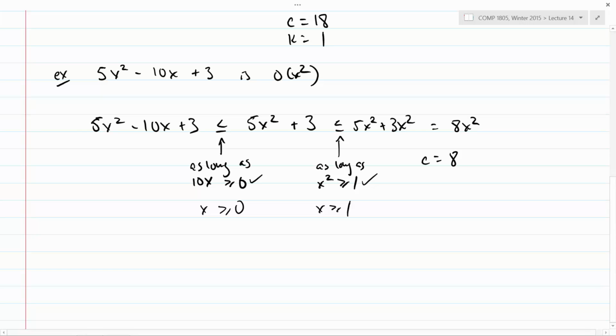All right, so that means we can take k to be equal to 1, just like before, and we're done. So this is the second trick for big O. And it's really just the same trick after you ignore the subtracted terms. So you can ignore a subtracted term as long as it's positive, right? Because if it's negative, you don't get a bigger number, you get a smaller number. Any questions? All right, so